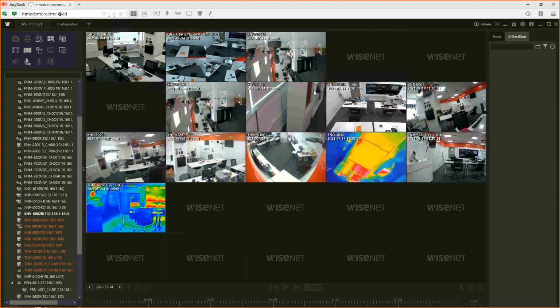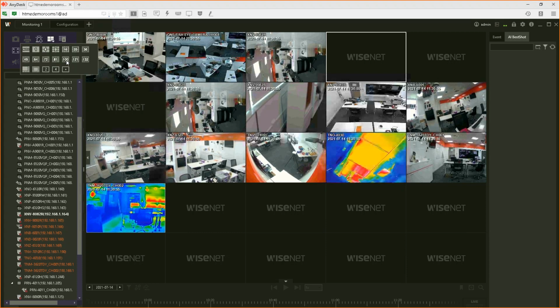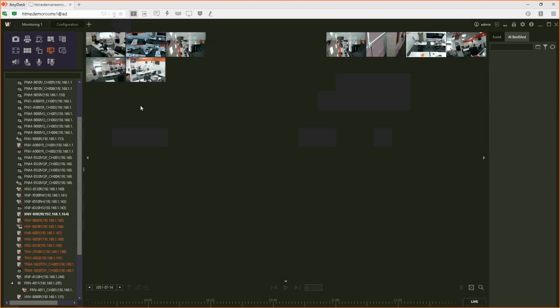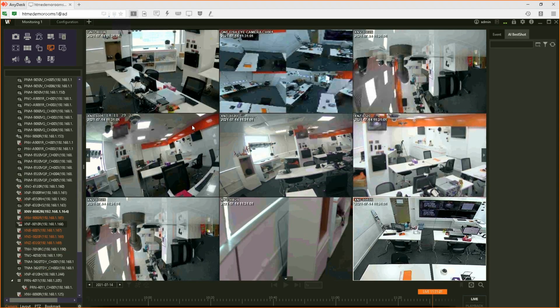Not only that, you can go to higher layouts. I mean, basically you can see more cameras in one monitor. Okay. And second thing, you don't have to invest in expensive processors. All right.